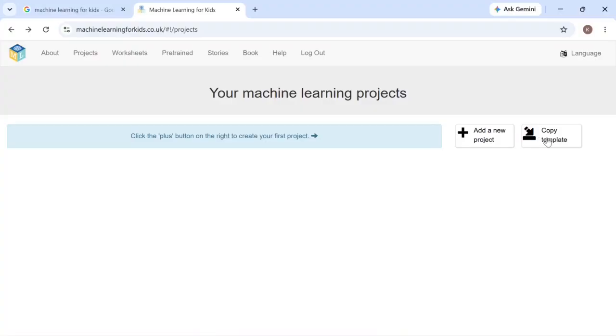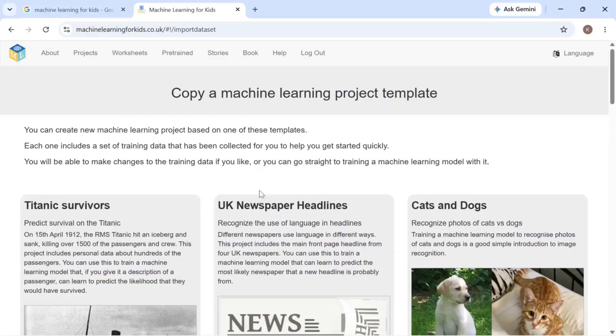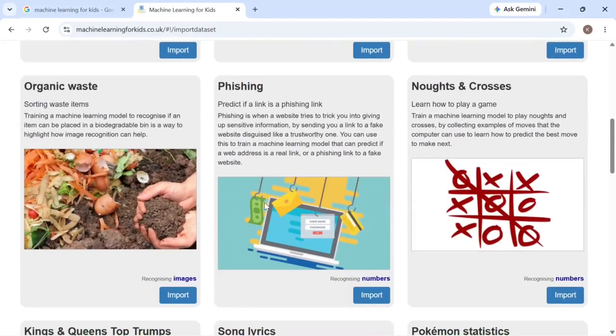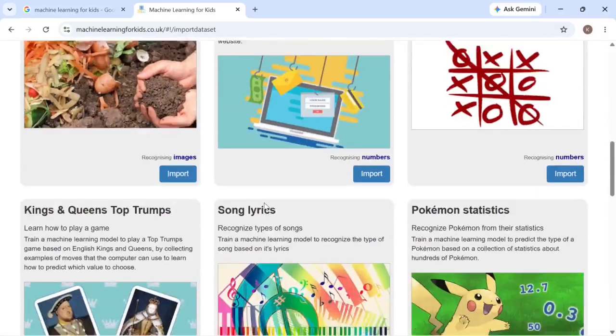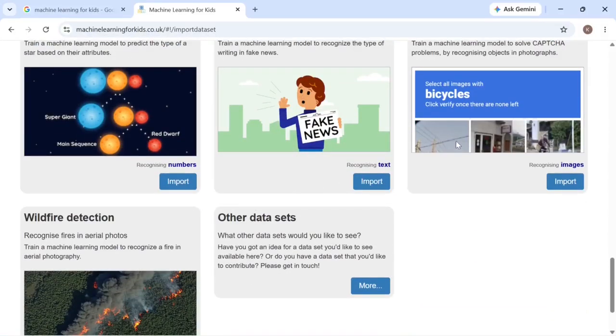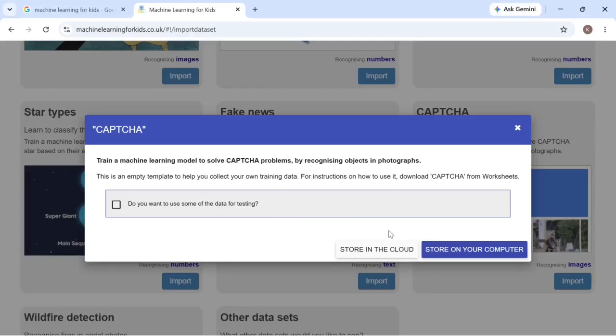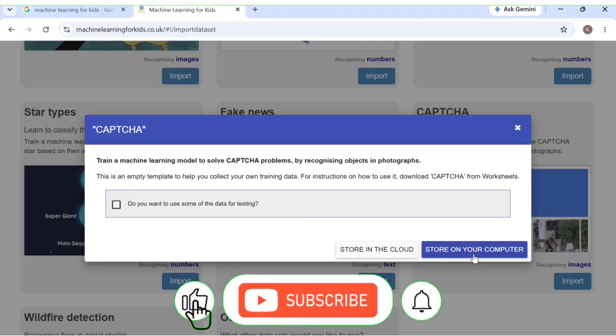So here what I'm going to do, I just click on copy template. Here you can see there are multiple machine learning project templates available. You can copy it and it will help you to understand how the machine will learn from data. So I want the Captcha, so I will import this Captcha template. Okay, where do you want to store it? I want to store it on my computer, so I'll just click on store